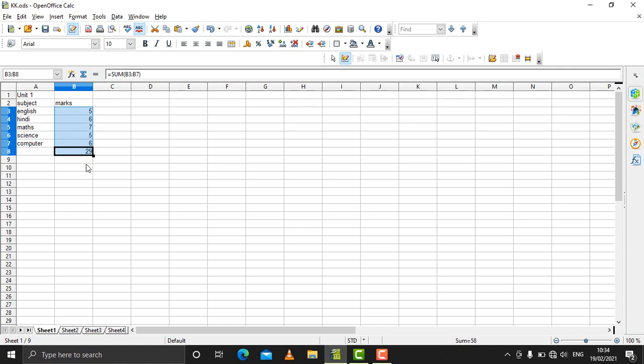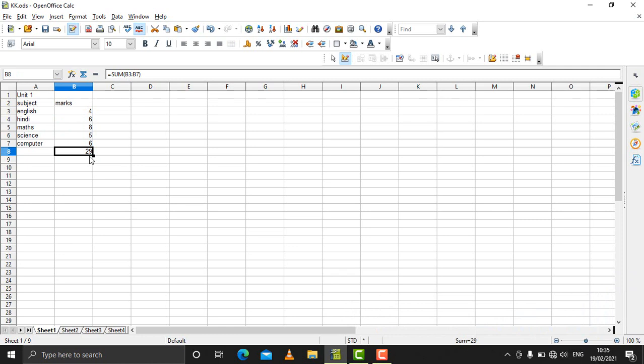Suppose the person wants not 29, he wants 35 here. So if the person wants 35 here, certainly at some place some numbers has to be adjusted. So if the person wants to adjust the number, he can do that using goal seek tool.